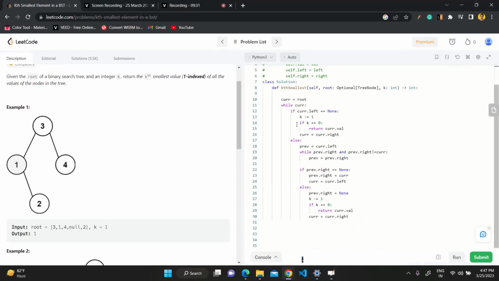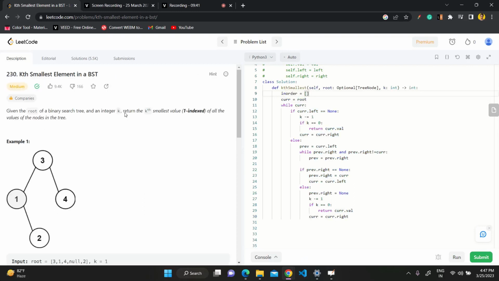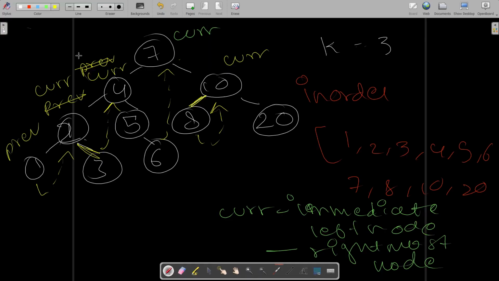And if you check down my video, you know that the whole code is the same. The only difference over here is that we haven't made an in-order list, which we made over there, because over there we printed it out in an in-order fashion. Here we're not going to print that. What we're going to do is, while we loop through the list,